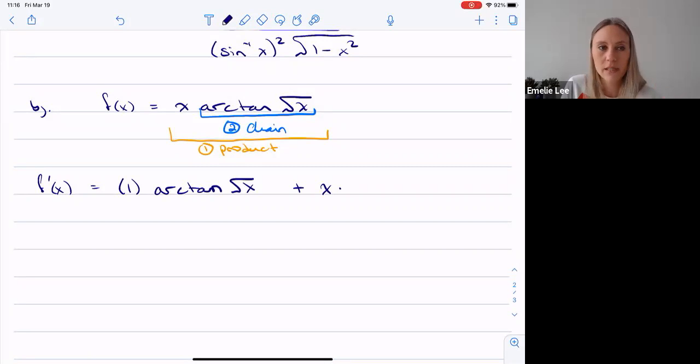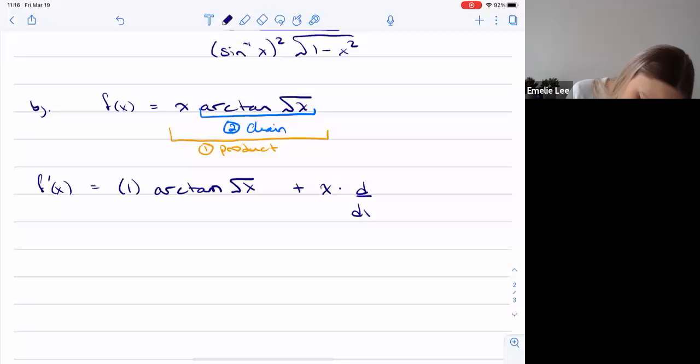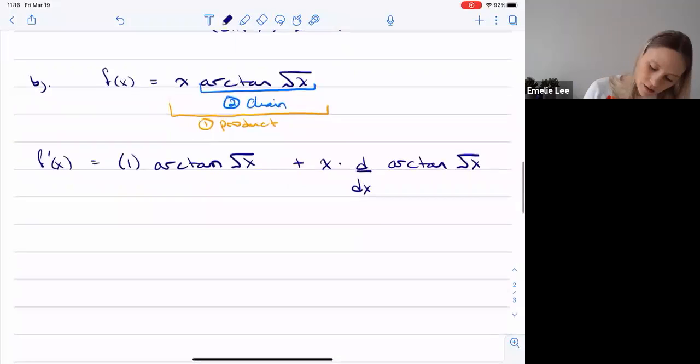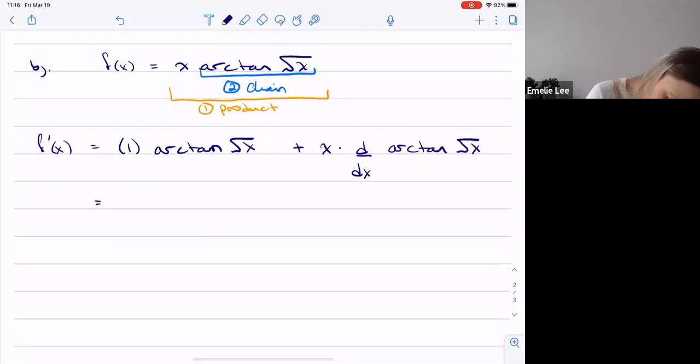You can go straight for it, remembering that it's a chain rule. I'm going to, again, just write out that I have to do that derivative, so times d dx of the arctan of root x. But like I said, if you want to, you can go straight to the next line. So, simplifying here, 1 times the arctan of root x is just going to be arctan root x plus x times